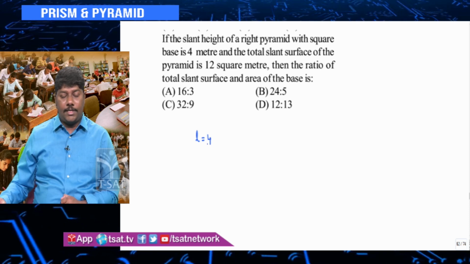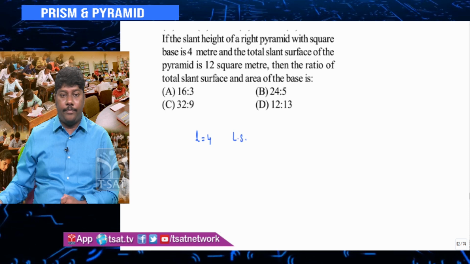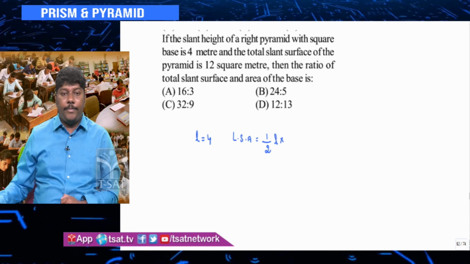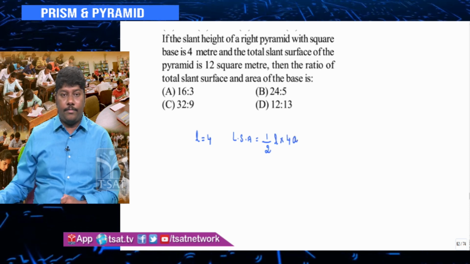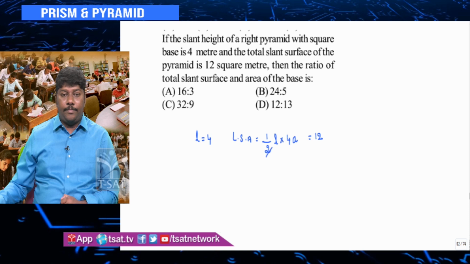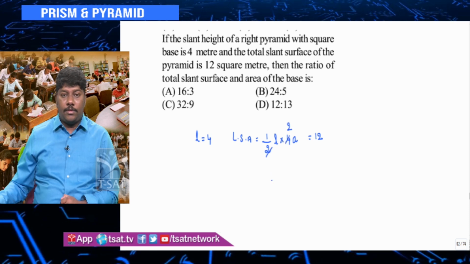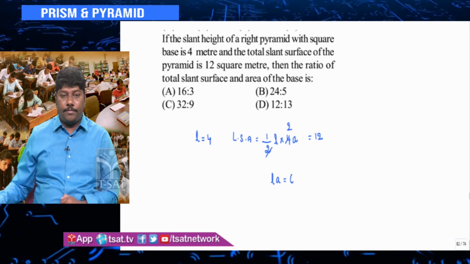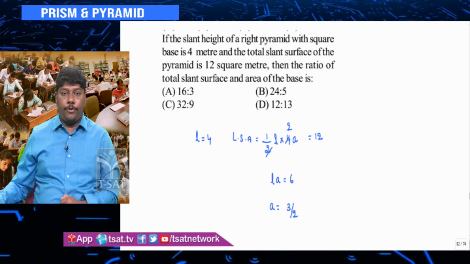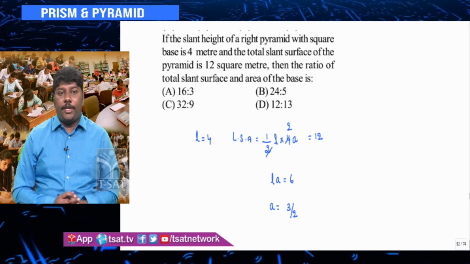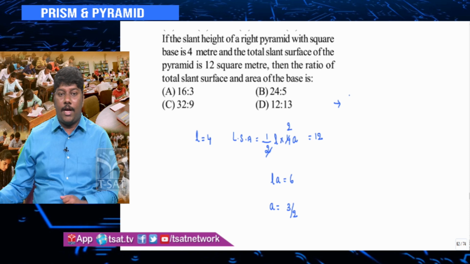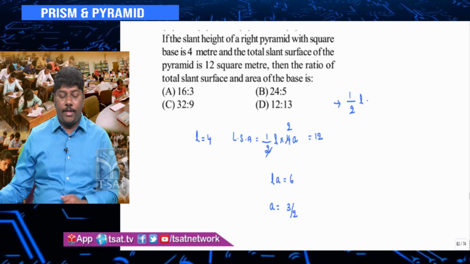Total slant surface area, slant surface means lateral surface area, is half into slant height into base perimeter. The base perimeter of the square is 4a, which is equal to 12. So cancel 1s, 2s. So LA is equal to 6. I can find out a also, which is 6 by 4, which is 3 by 2. See what he is asking you. The ratio of the total slant surface, that is 12, it is already given,